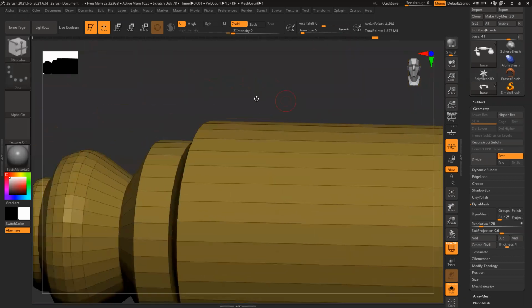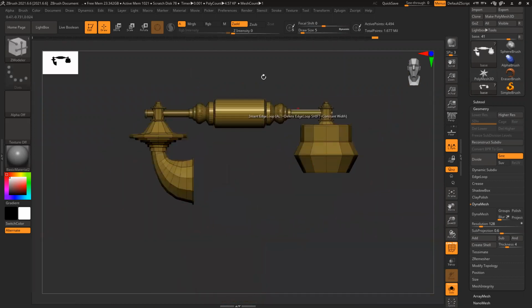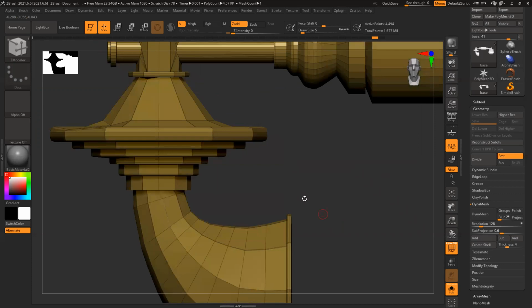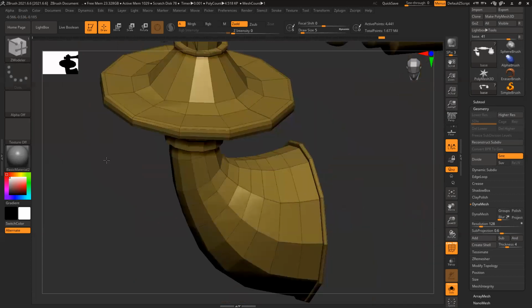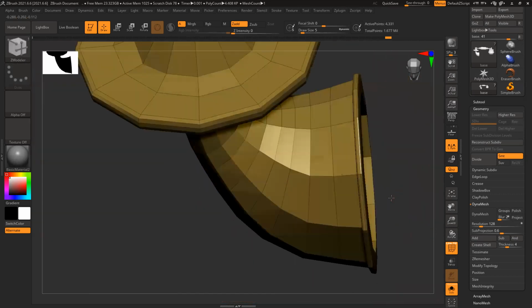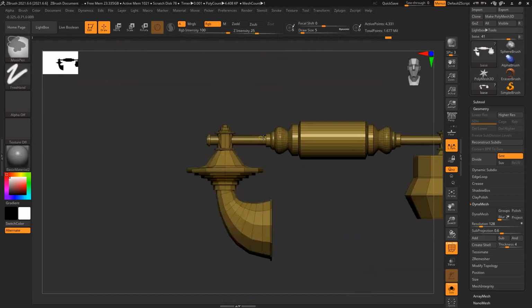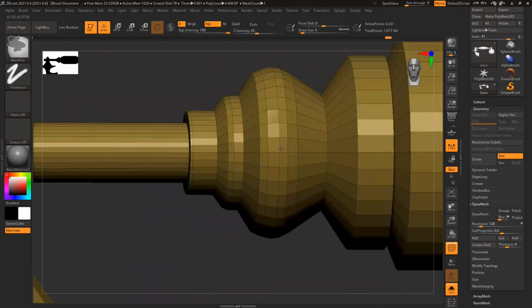So like this, I'll prepare my entire model for high poly. Once my high poly, all these smoothing groups and everything is ready, you can see if I subdivide now, it will retain the shape. So I have to fix those things and clean everything. And something happened. I guess I accidentally added some loop here. Yeah, removed it. So I'll just prepare this entire thing and then start sculpting on this.